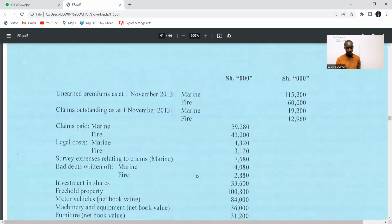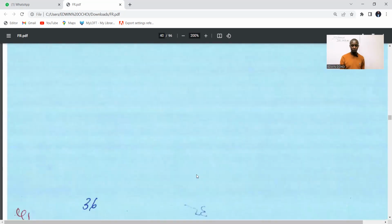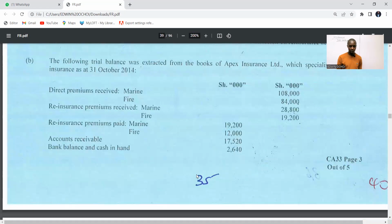When you are starting with a revenue account, remember you look at what the firm was dealing with. Looking at this question, you can see that the direct premiums received are for marine and fire. Reinsurance premium received is for marine and fire. So their policies were based on marine and fire, and when doing the revenue accounts, we'll be concentrating on marine and fire. So the company is called